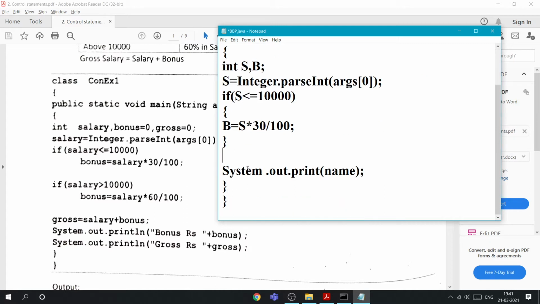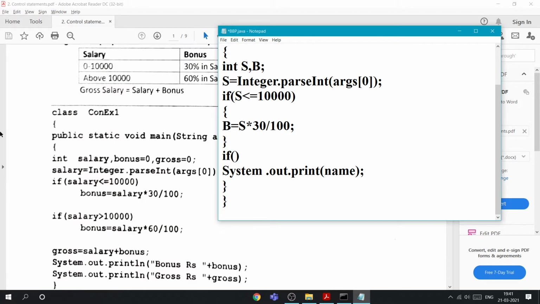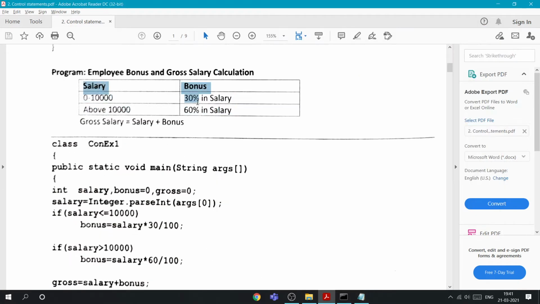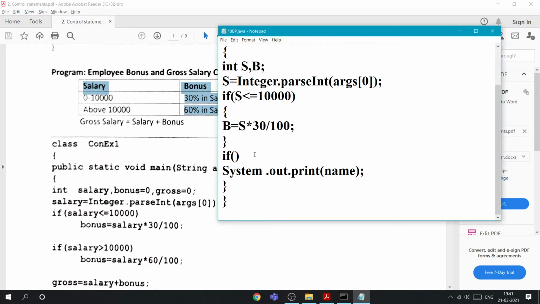This is one way, and either you can use else also, but the else statement I will tell you in the other example. For now I am using only if to solve this situation. Why we go for else also you can understand when you do this.